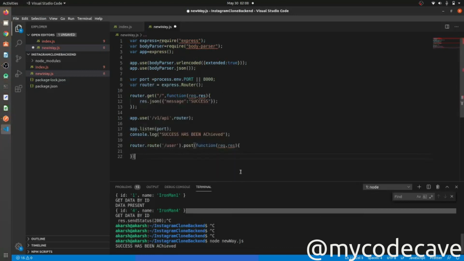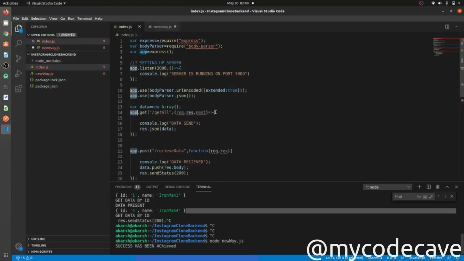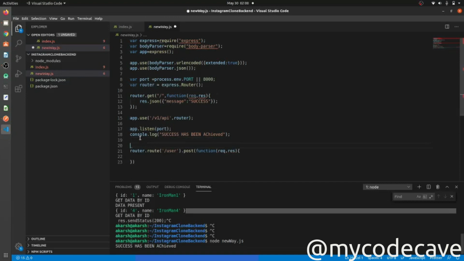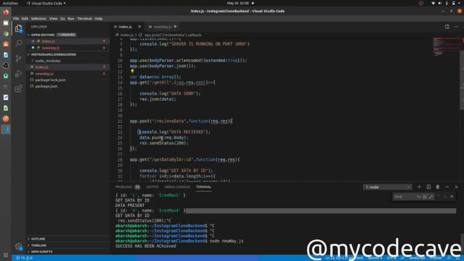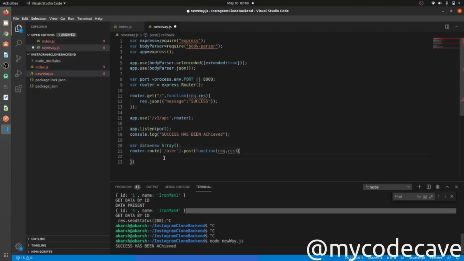I will copy the same data code from here, put the data here, and copy the post function from here and paste it here. So what it will do is just add the data from my API into this data.